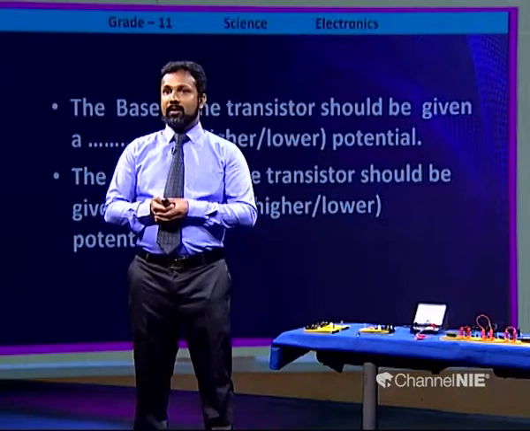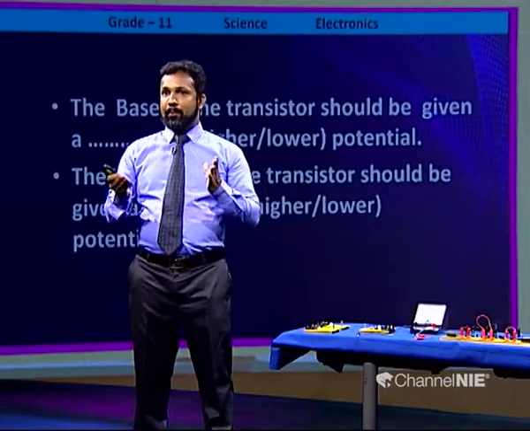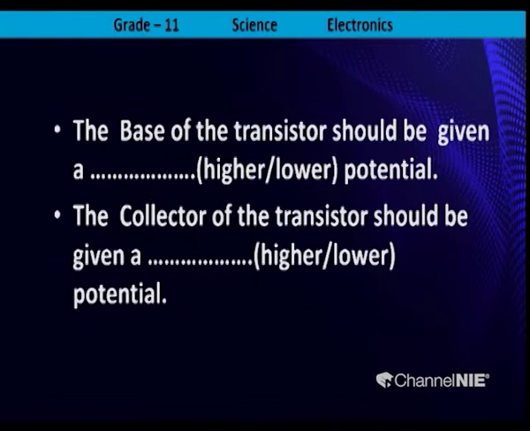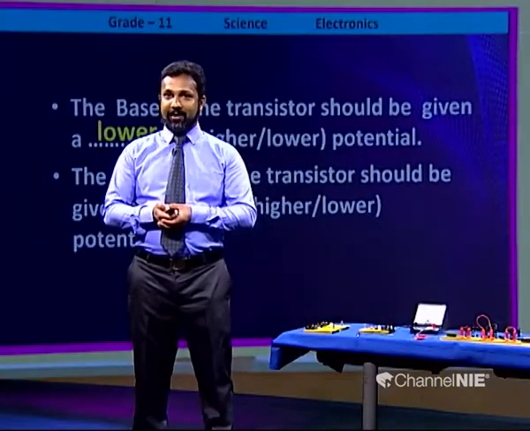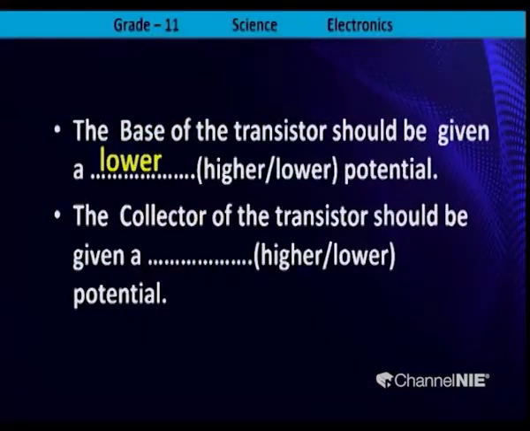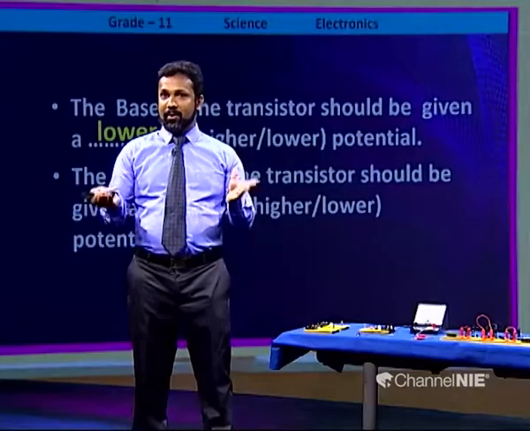Right. Another question is there. The base of the transistor should be given a blank, higher voltage or lower voltage. What do you think? The base of the transistor should be given a lower potential or lower voltage. The collector of the transistor should be given blank, a higher or lower potential. The collector of the transistor should be given a higher potential. Right. Now you can remember basic